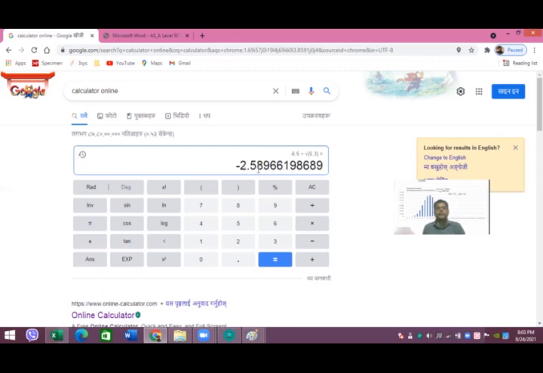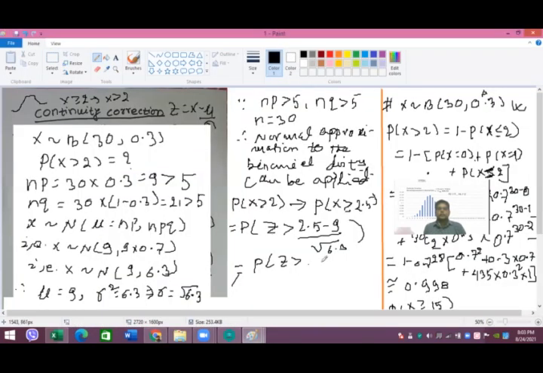So you can write here minus 2.589, so it's nearly equal to minus 2.590. So you can write here minus 2.590, and by using symmetry, because this is a minus value, here you can use symmetry that you should have knowledge of. So using symmetry, you can see that in this case